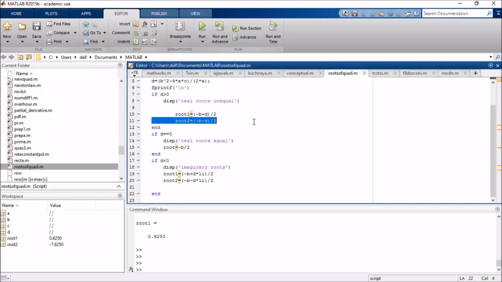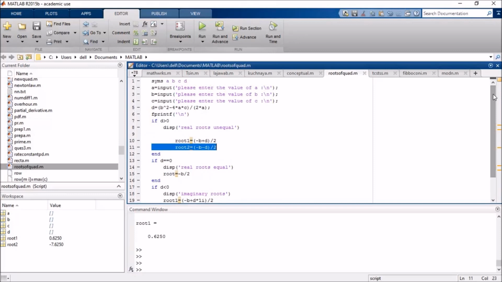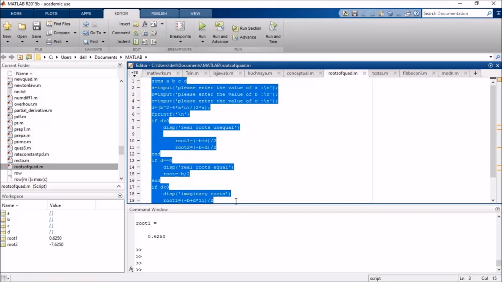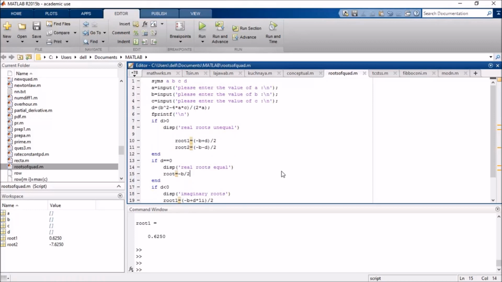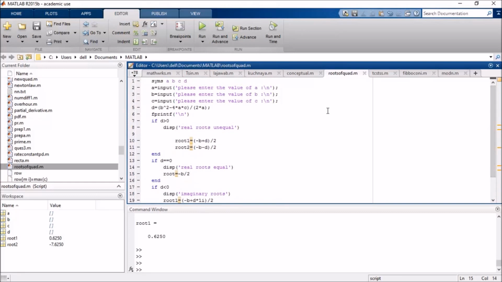As you can easily see, this is the code that I have written to calculate the roots of a quadratic equation. Now before proceeding further, you can pause the video for a second and copy this script file, either in MATLAB or in one of the many online compilers for MATLAB, on which by typing this code you can get the same output as I will be getting. Now coming directly to our output.